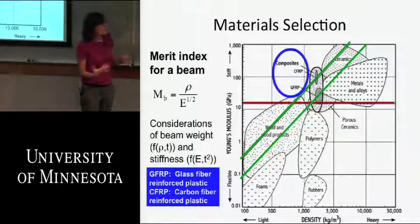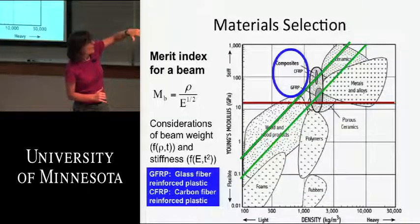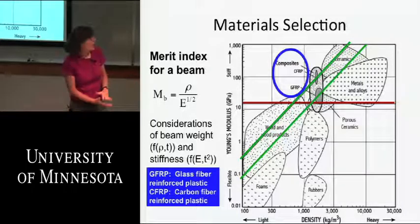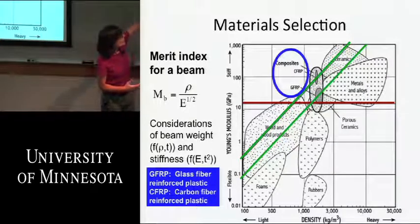What makes it reasonable to pick a composite? So we've taken the red line and said it has to be at least this stiff. That means I have to have a certain amount of stiffness because I don't want it to deflect very much. And then in terms of these green lines, what they've done is they've said, take density and divide it by the modulus to the square root,